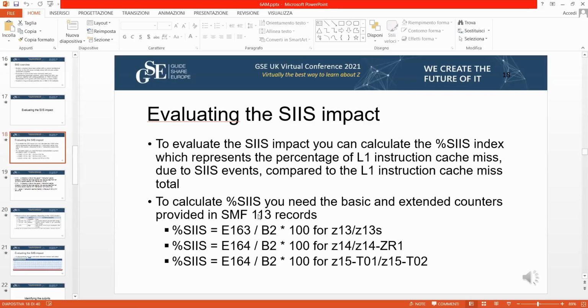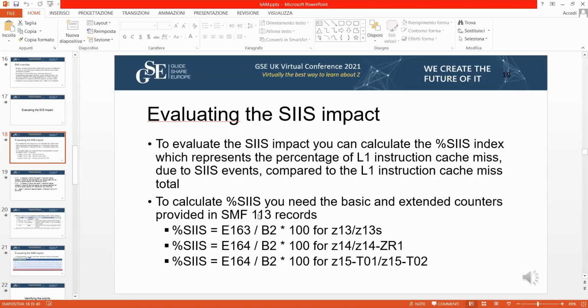In order to do that, you need to have basic and extended counters that are available in the SMF record 113. And this is the formula that you have to use.